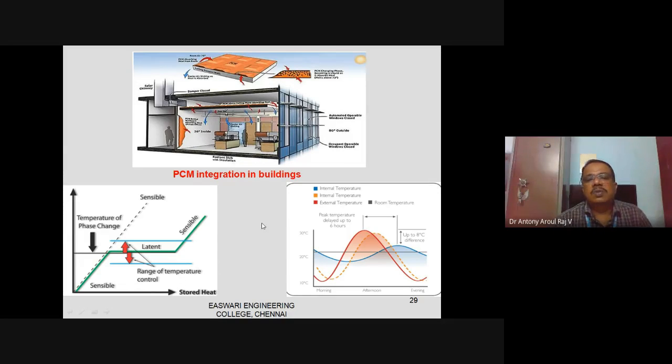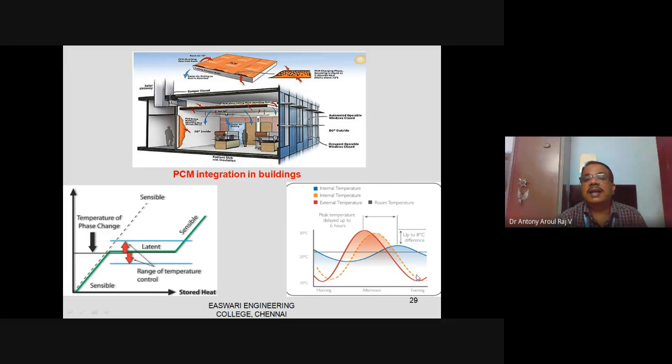If I put the phase change material in the body of the building envelope, it will be absorbing the heat, so it will not allow the heat to enter into the building. It will reduce the peak of the heat entering, and it will shift the peak of when the heat is entering into the building. So if the external temperature on the wall is like this, and the internal temperature is supposed to be like this,